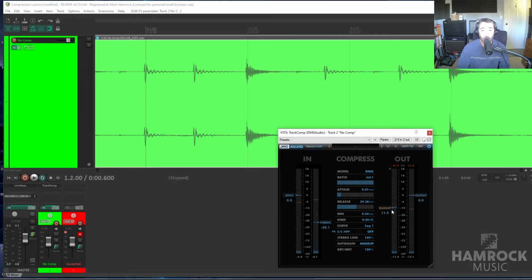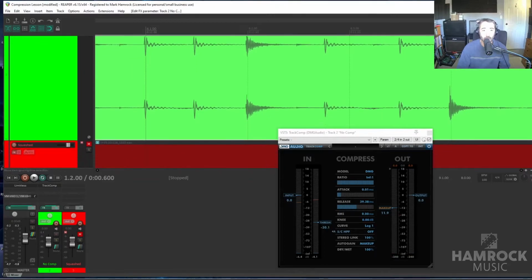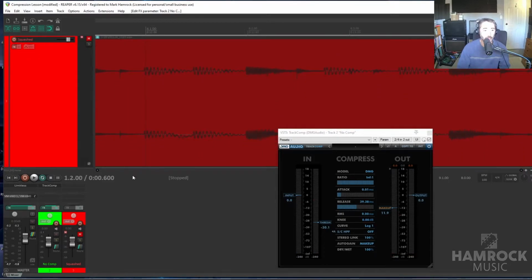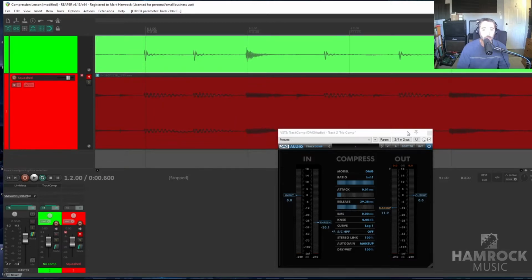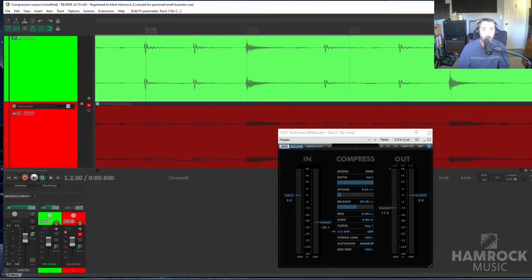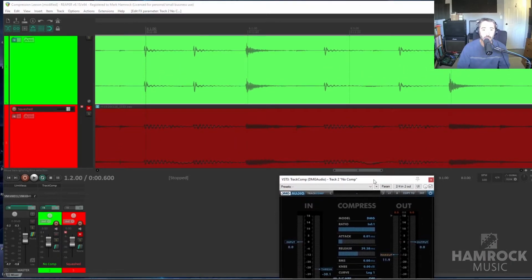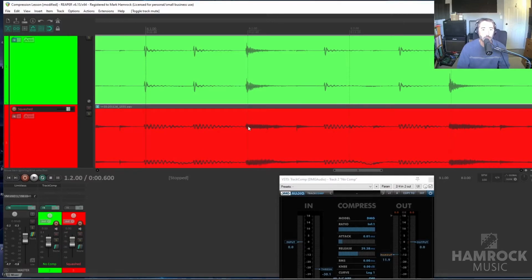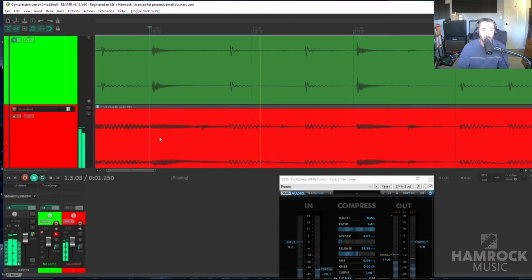Now, what would that look like? Well, let's take a look. So I have this track here, and let's take a look at them together. As you can see, here's the squashed signal. Those transients are gone, but there's more sustain. There's more level going on right there, right? So if we play that track,